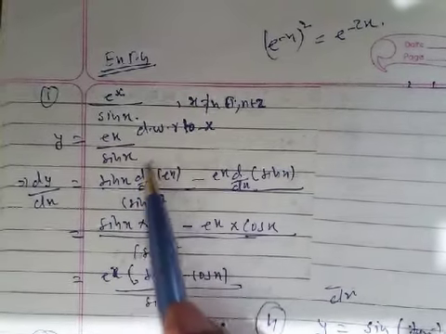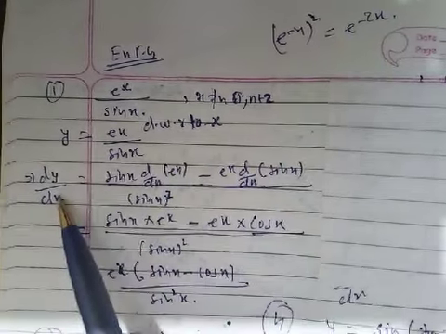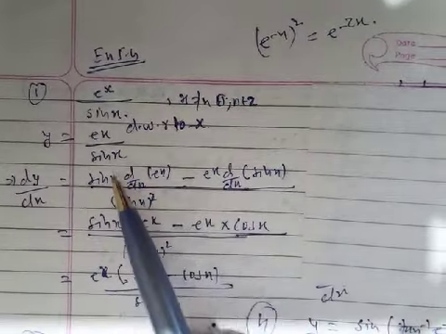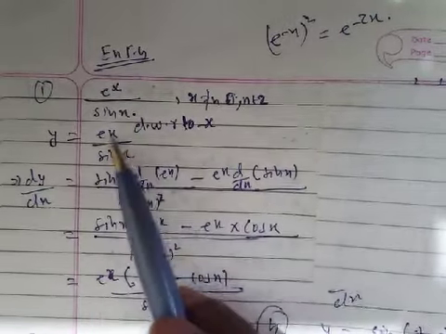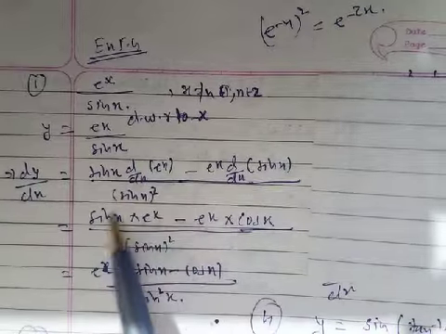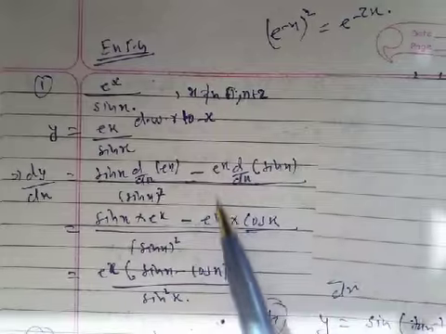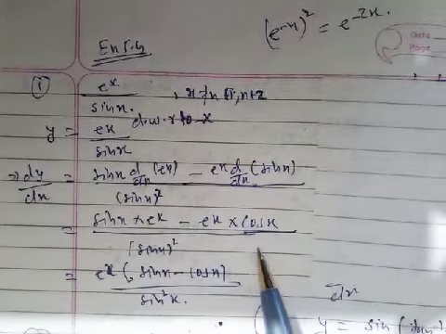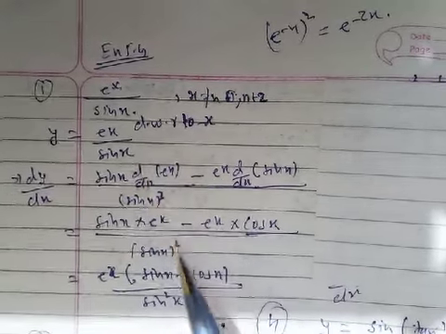Now we write the derivative with respect to x. So dy by dx. This is in the u upon v form. So the sign will go up, and we take the derivative of e raised to x, minus e raised to x will be the constant, and we take the derivative of sin x. So sin x, the derivative of e raised to x is e raised to x, minus e raised to x is constant, and we have to take the derivative of sin. Sin is cos. And the denominator is sin x whole square.